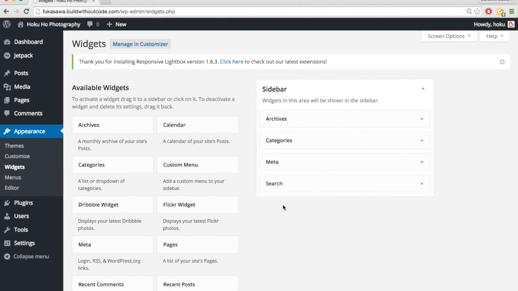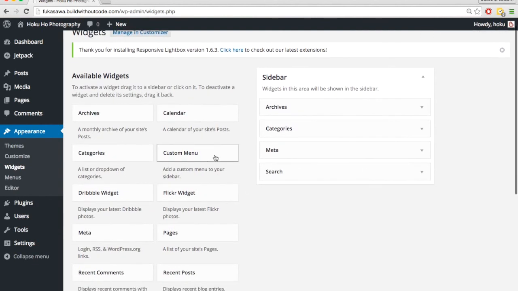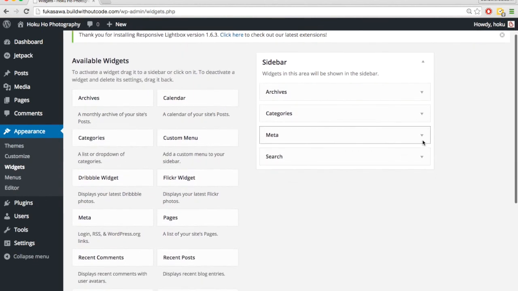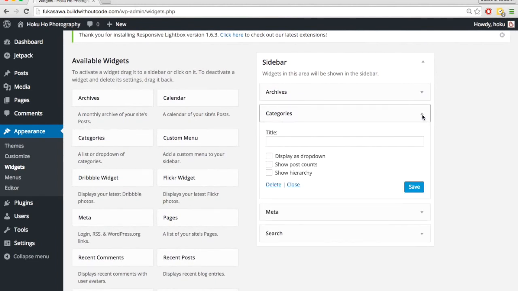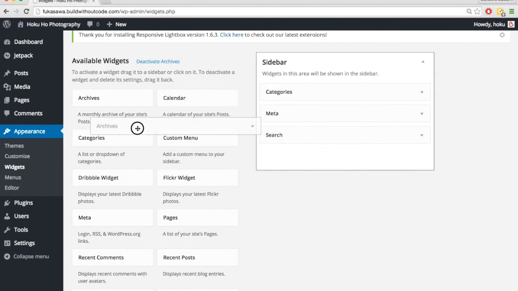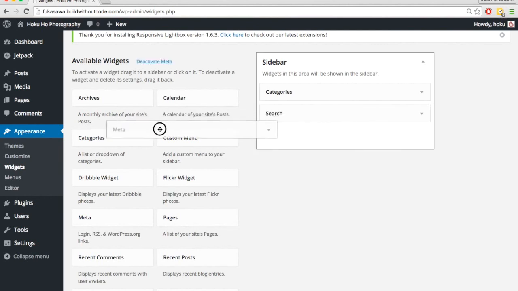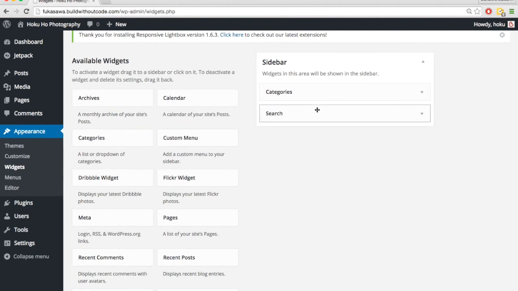We can also get rid of other ones or add other ones, and to do so we just drag it on, and then when we click this little arrow over here, we can customize the widget, and based on the widget it will be customized differently. So all we're going to do is drag archives off of here, drag meta off, and so now we just have categories and search. So now when we go back to the site,